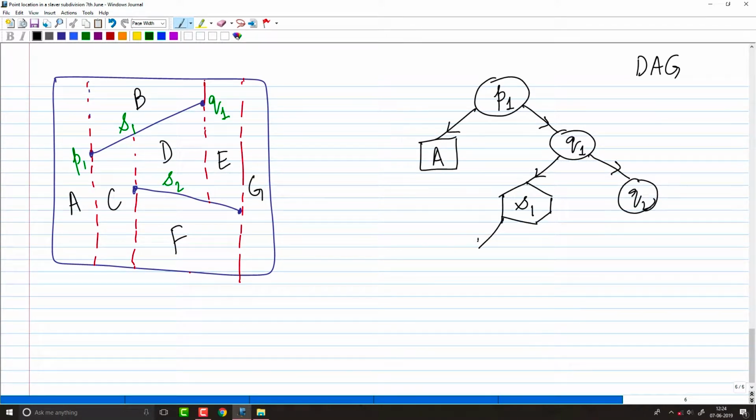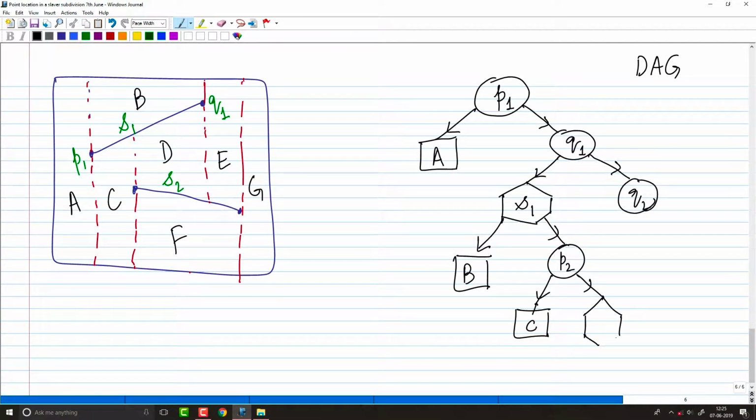S1. To the left of S1 is, let me just draw it for you, S1, to its right is P2, left is C, P2's right is S2, Q2's left is S2, Q2's right is G, S2's left is E,